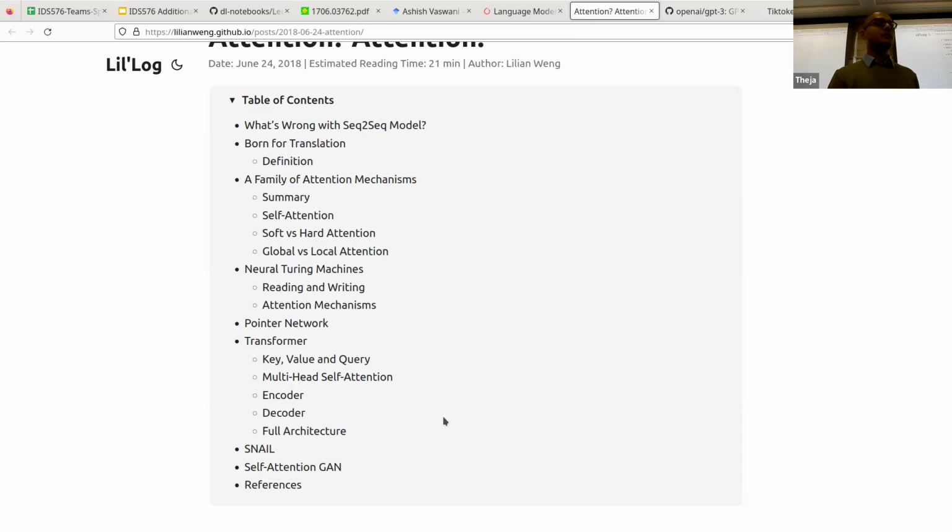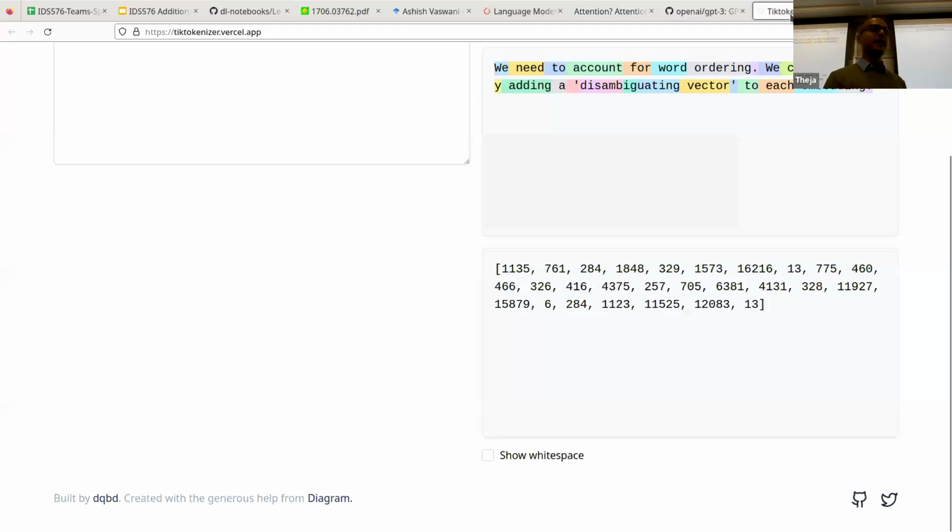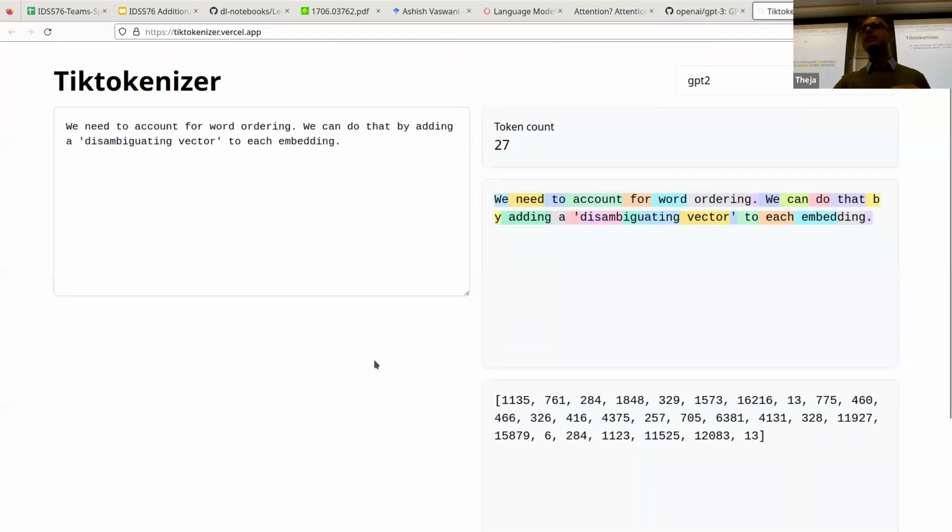So I want to come back to two things. One, I want to visit this for a second, because we'll actually see this perhaps again. This is a nice visualization tool, very similar to the LSTM Viz, I think, the tool that we were seeing with the attention weights. So this is just showing how the tokenization is happening for different models.